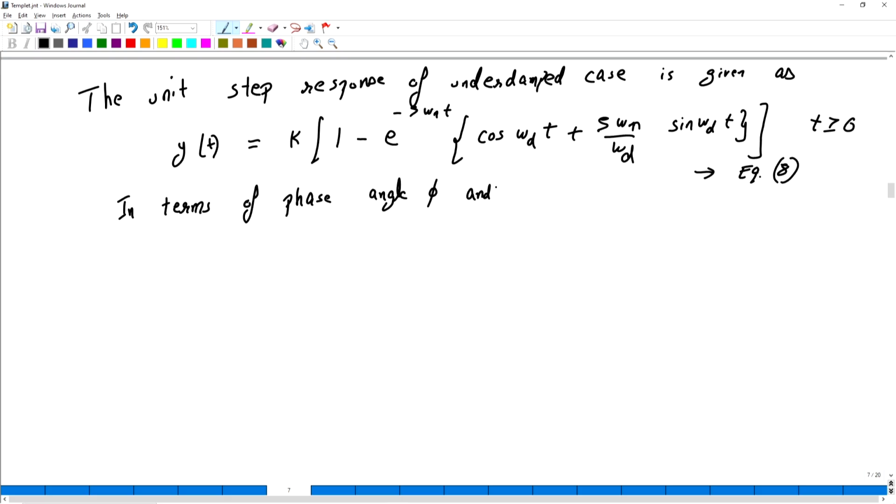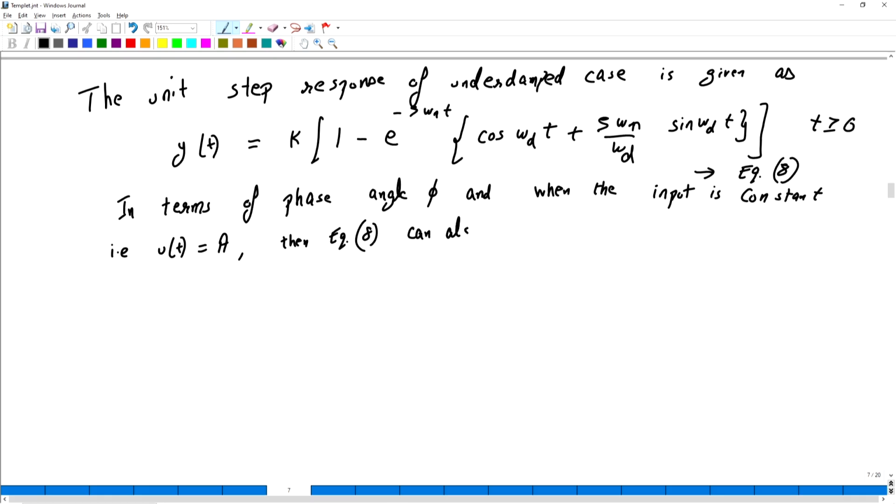In terms of phase angle phi, when the input is constant, that is u of t equals a, then equation 8 can also be written as,